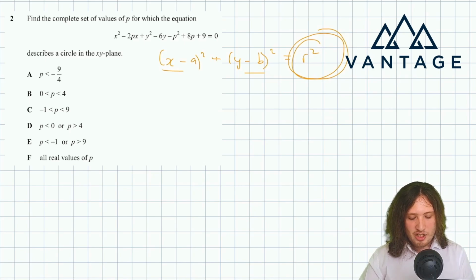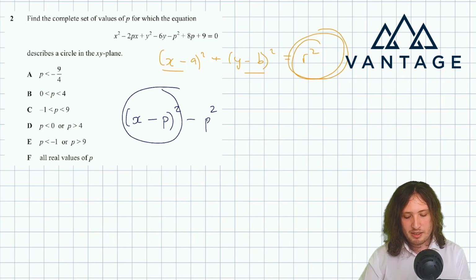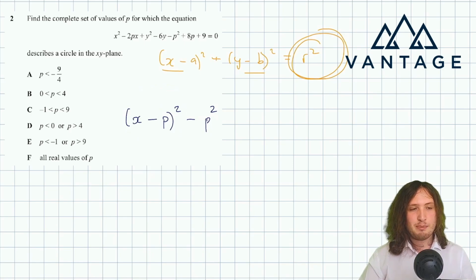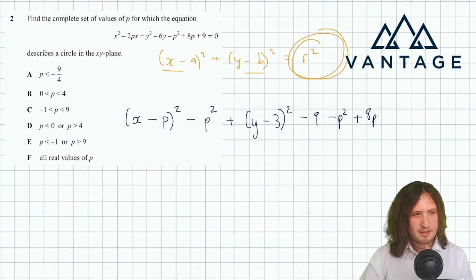Now, to see what we actually end up with on the right, let's perform the completing the square procedure. So for the x portion, I want x squared minus 2px, so I can get that from an x minus p squared, but I better take a p squared away. So this gives me my x squared minus 2px. It also gives me a plus p squared, which I don't want, so I'll take it off. Similarly for y, I want y squared minus 6y, so I'll have a y minus 3 all squared, but I don't want the minus 3 squared equals 9, so I'll take that away. And then I've still got a minus p squared, I've still got a plus 8p, I've still got a 9